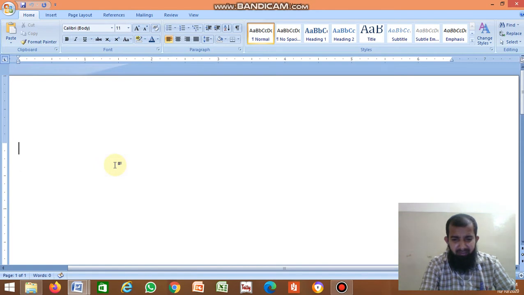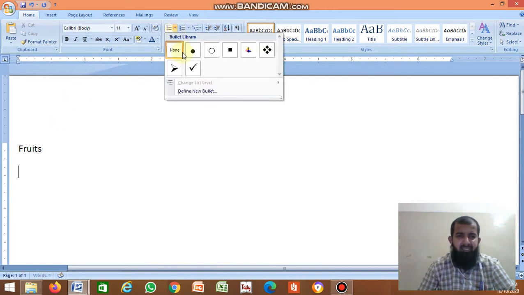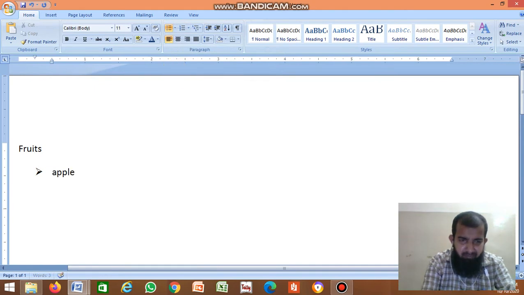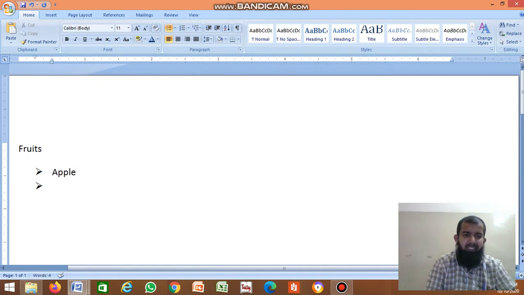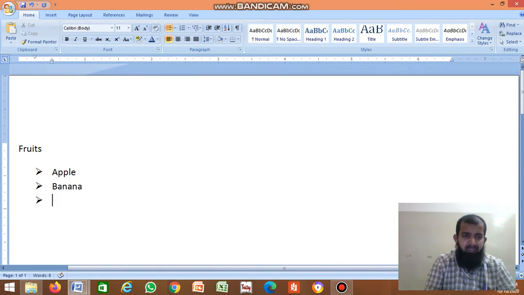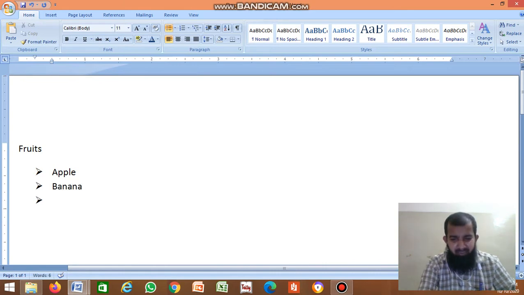For example, if you want to display a list, just select which bullet you want. Just press enter, and it automatically displays the next bullet. It goes on displaying the next bullet.